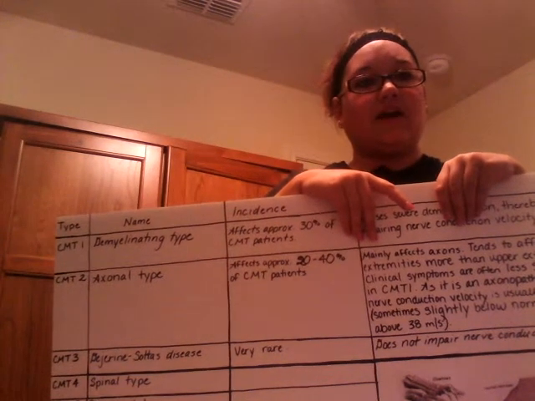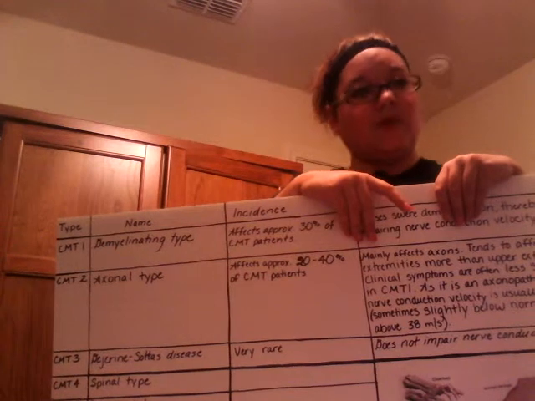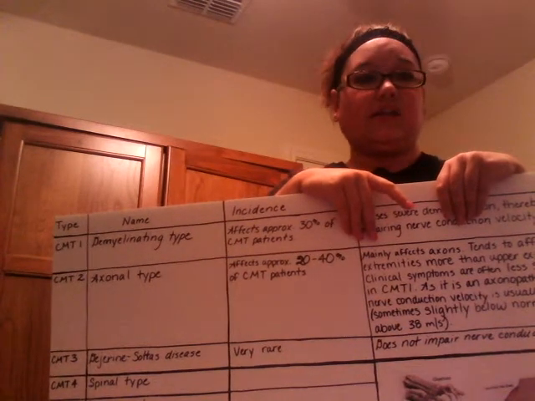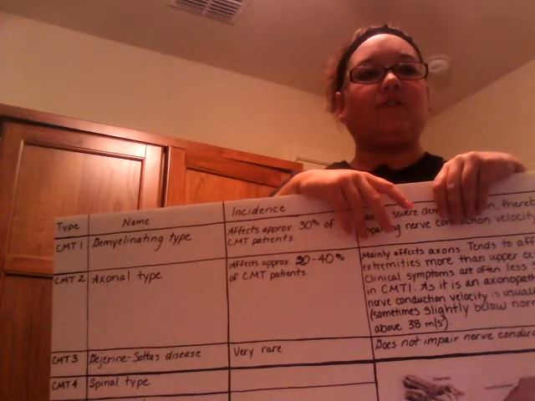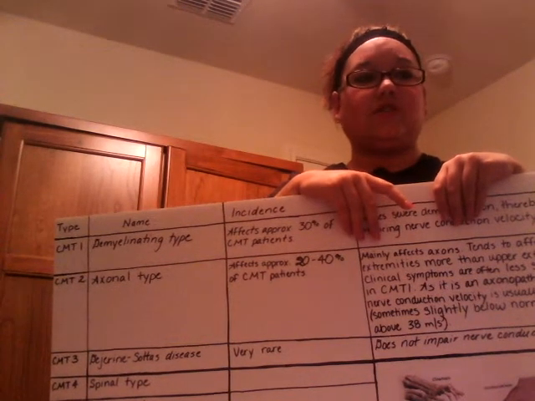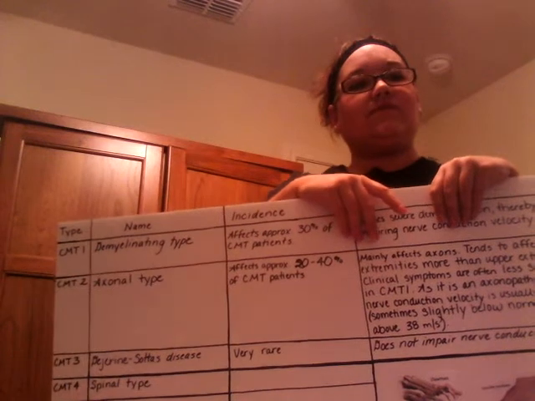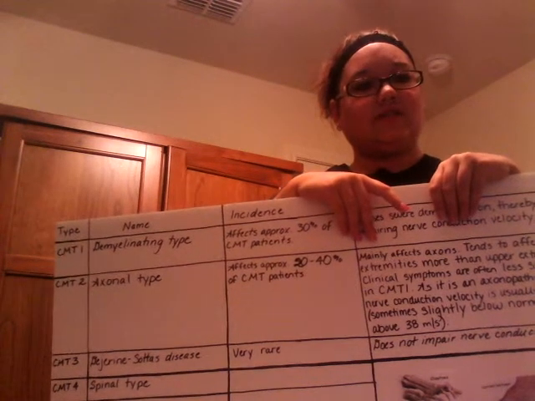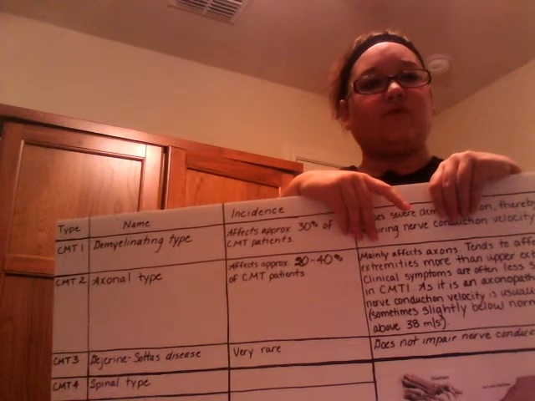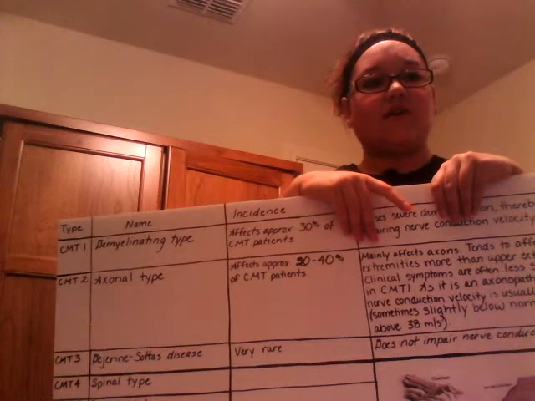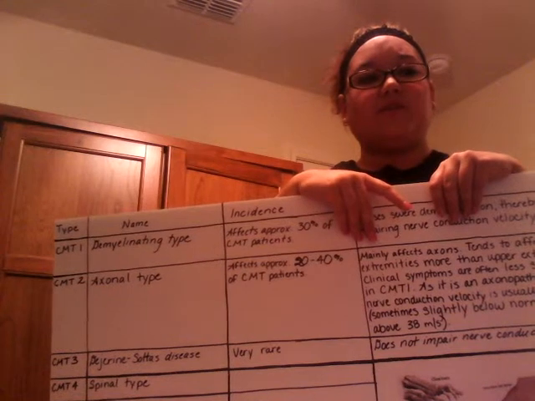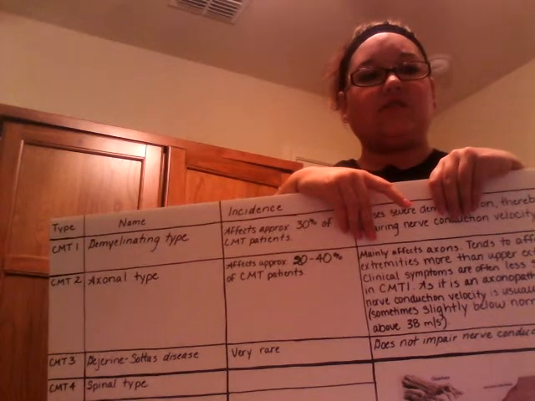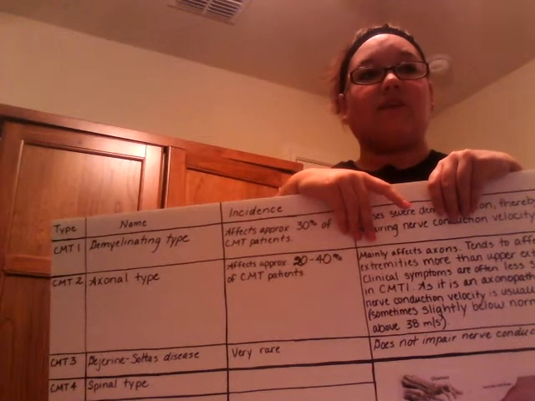CMTX is inherited in an X-linked dominant pattern. This is when the mutated gene is on the X chromosome. It is dominant if one copy of the altered gene is enough to cause the condition. The metabolic cause of CMT is mutations that cause defects in the neuronal proteins. The nerve signals are escorted by an axon with a myelin sheath wrapped around it. Most of the mutations in CMT affect the myelin sheath, but some affect the axon.